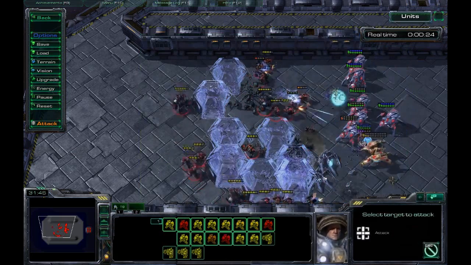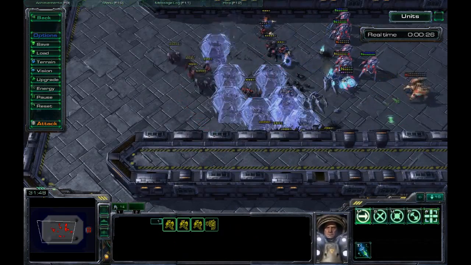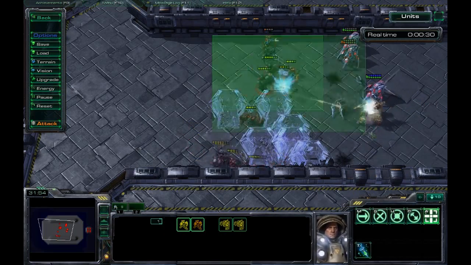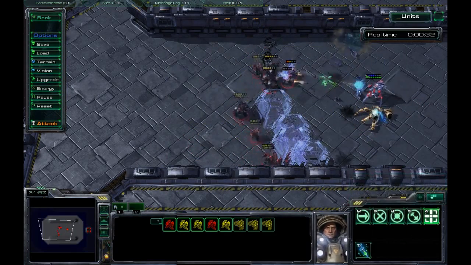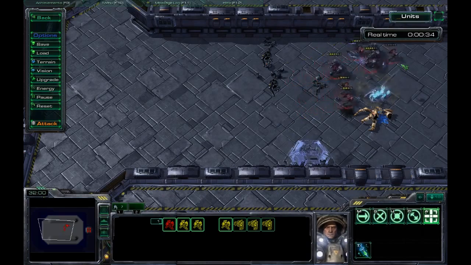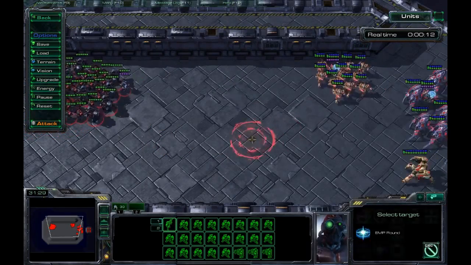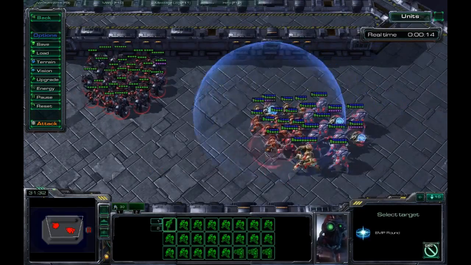And so after the force fields are gone, or if you're in range of the Immortal, make sure to target down the Immortal first, as that does the most DPS, and then go for the Stalkers after that, and Sentries last, if you can. And so here's another clip of the exact same engagement, just showing you how to prioritize